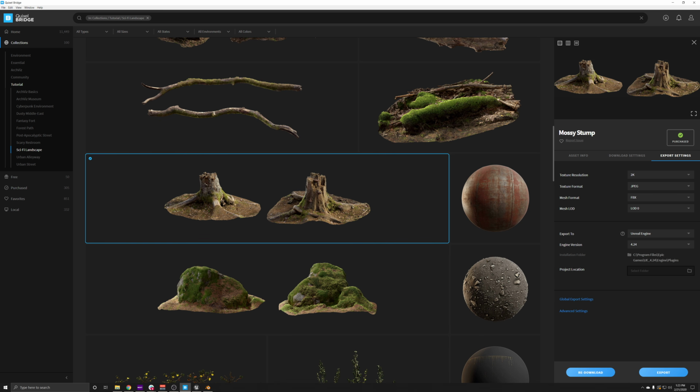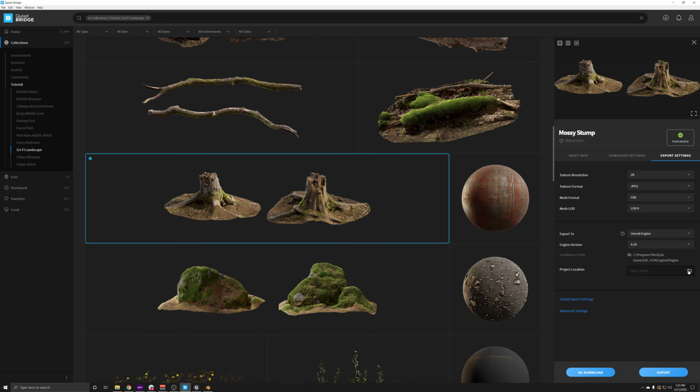And the next thing that I know some people are probably curious about is this project location selection here. So say you have an Unreal Engine project already started and you just want to export an asset from Bridge to Unreal Engine 4 to a specific spot in that project folder, all you have to do is specify where you want it to go.